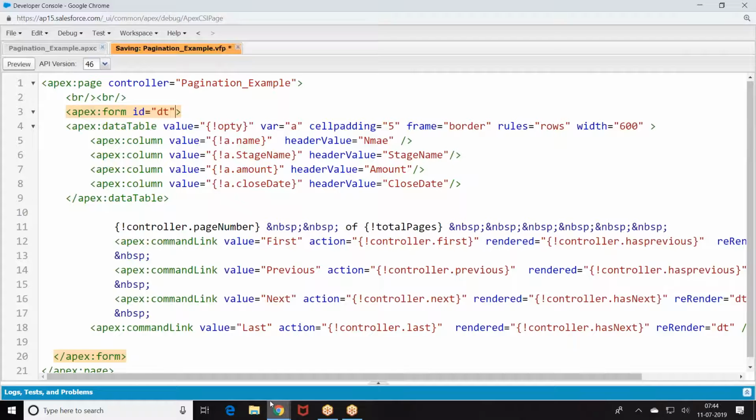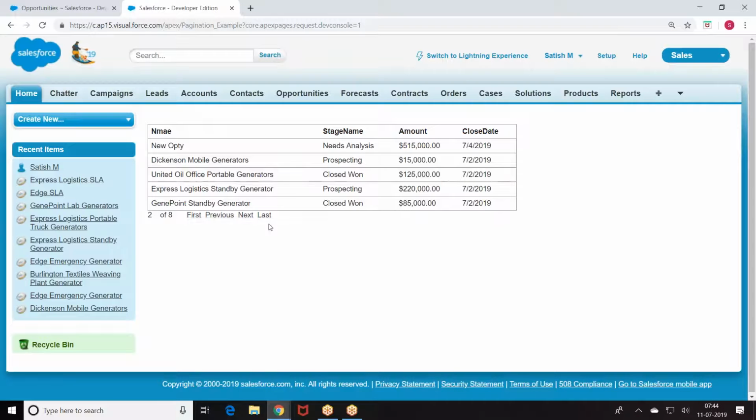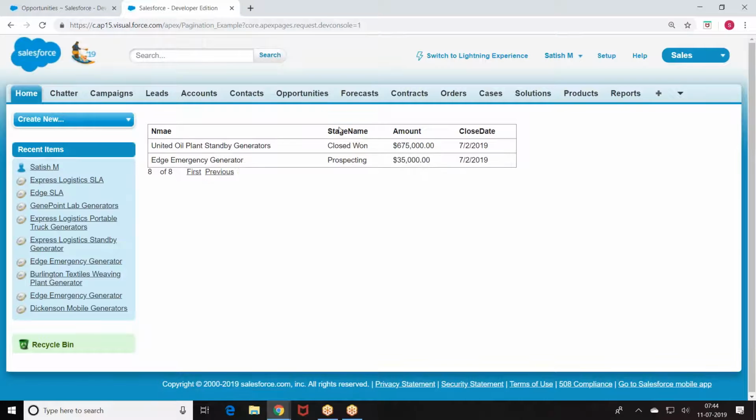The form is only re-rendering the block, so we are not getting the data here. Next. Next. Last. This is how we are getting the data.